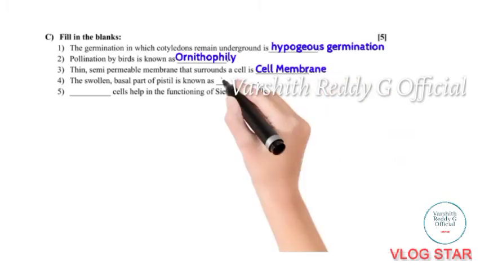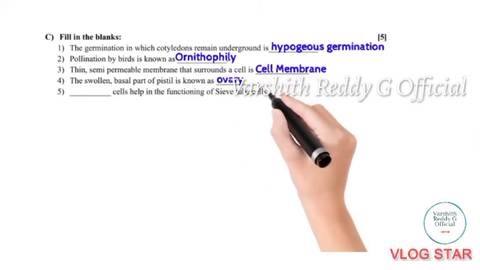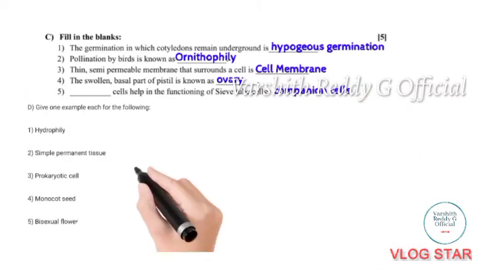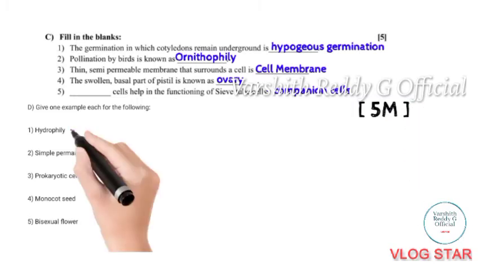Question 4. The swollen basal part of the pistil is known as dash. The answer is ovary. Fifth question. Dash cells help in the functioning of sieve tube cells. The answer is companion cells. Let's move on to the next bit, that is give one example each for the following, which consists of 5